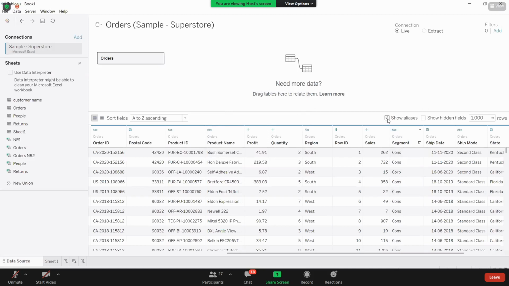Here, this show aliases is in the tick mode. I am unselecting this. Now see, here it is showing the original column data. When you click on this, then it will show you what we call the aliased data. You're getting the point, right? Now here, let us go to the next scenario.